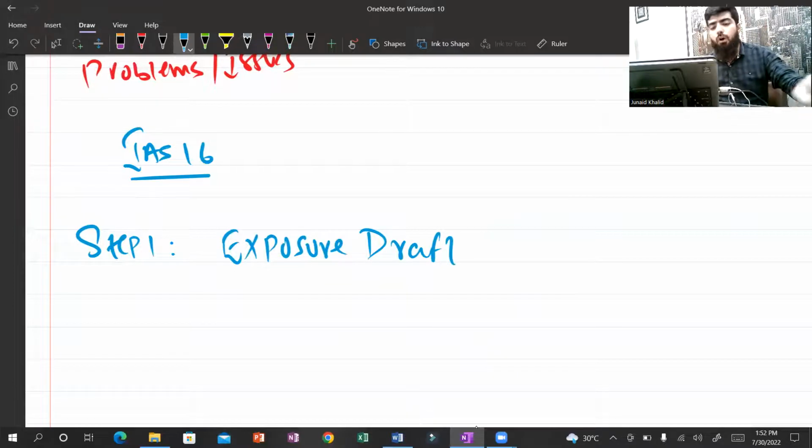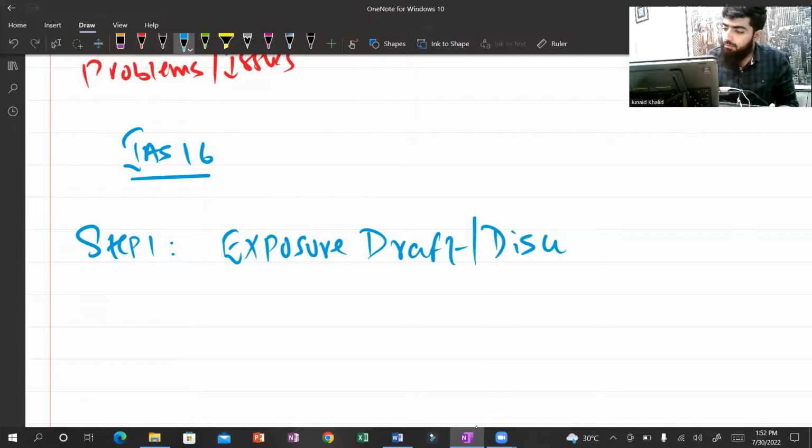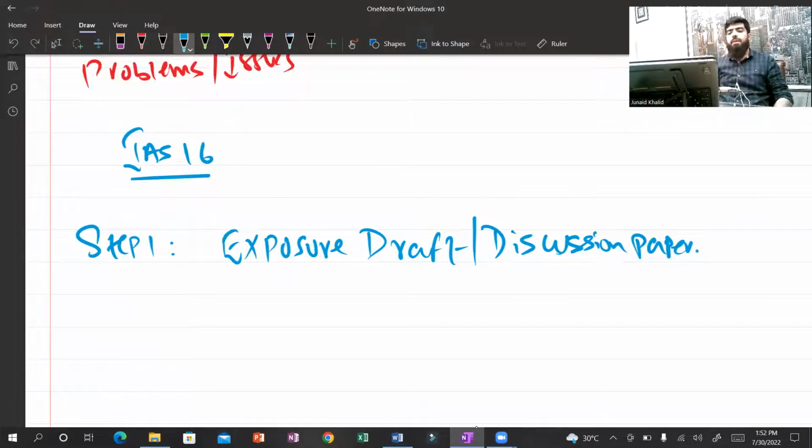Exposure draft, or we can say a discussion paper. Now step one, that is the exposure draft or a discussion paper. Before this exposure draft, what is being done is that the Advisory Council, IFRS AC, discusses the